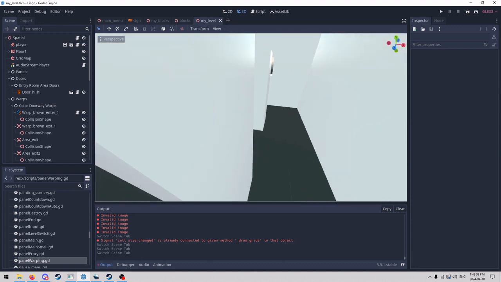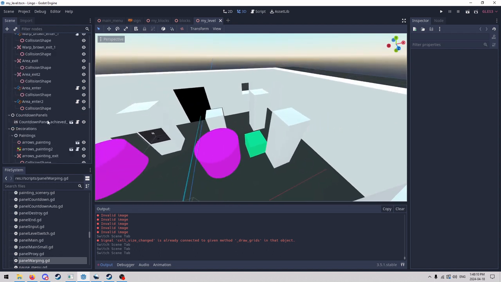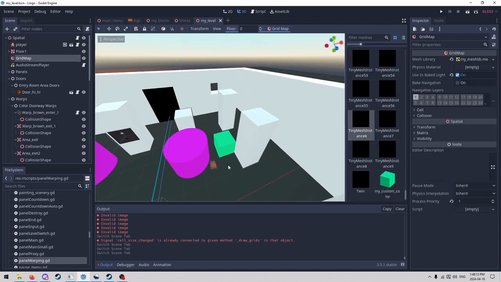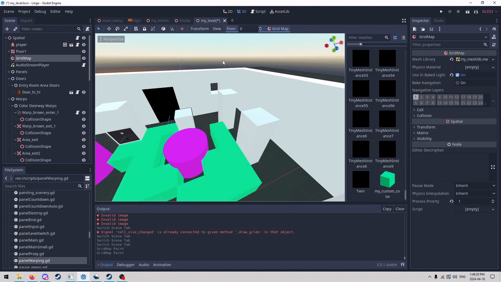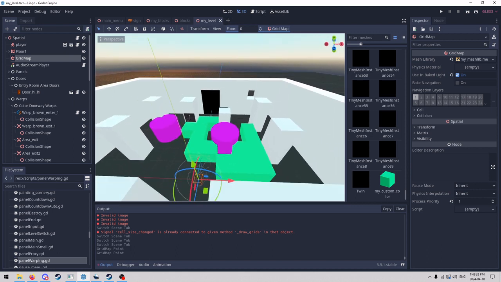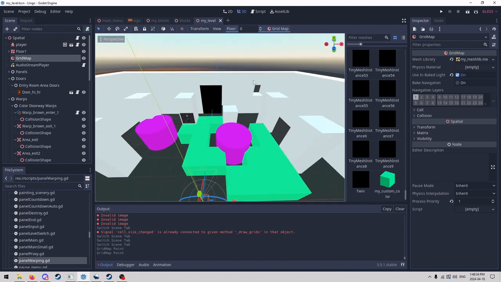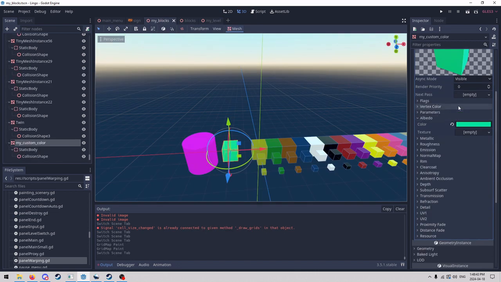Here's the real issue you might run into if you're making your own meshlibs, and you're not doing advanced scripting. I didn't place this block, but it was already there. Since that resource ID 217 or whatever was already around, as soon as 217 was a viable one, it placed it there. But now I have my own custom resource. If I want to export this map, I will now need to export this mesh library, which means I will also need to export that material. So when I'm getting ready to release my map, I'll go to all of my custom colors in here,